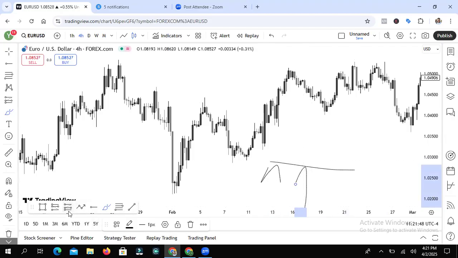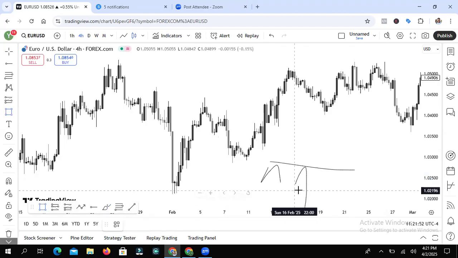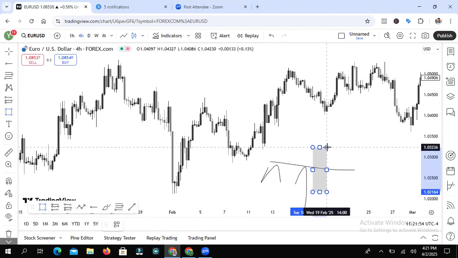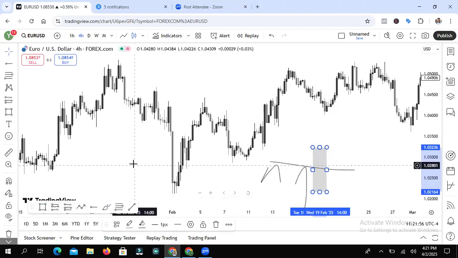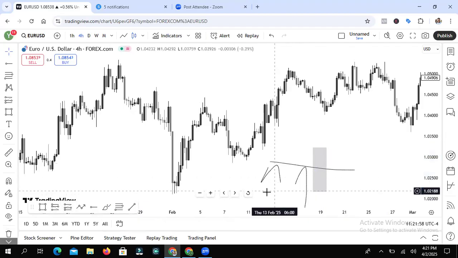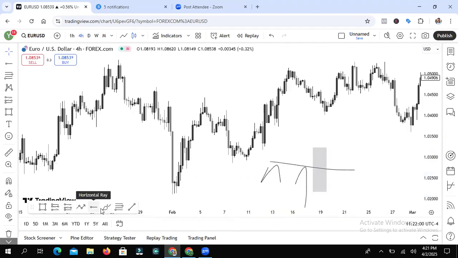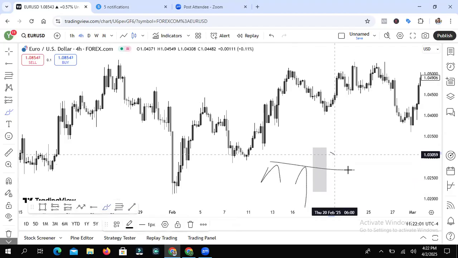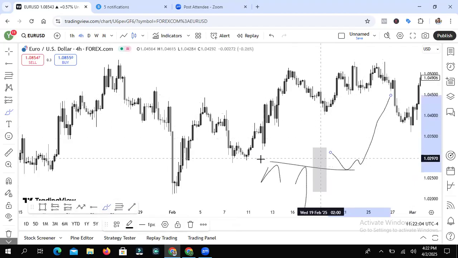But once market trades and disrespects it, like I said, if market trades above it, like this, if market trades above it, what do you expect? You will use it to what? Then look for buying opportunities. I will show you. You expect markets to come into it and then they move.